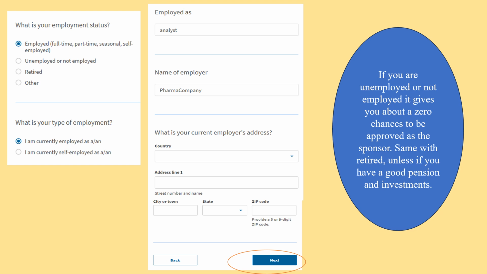Next question is, what is your type of employment? I'm currently employed as, or I'm currently self-employed. Self-employed is when you have your own company or you work with a 1099 form, I guess. Over here is an example: employed as analyst, name of the employer, like pharma company. What is your current employer's address? Please put the address and press